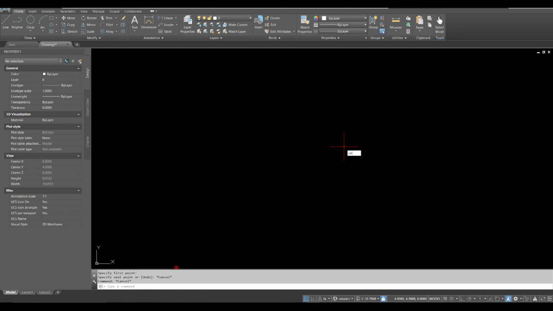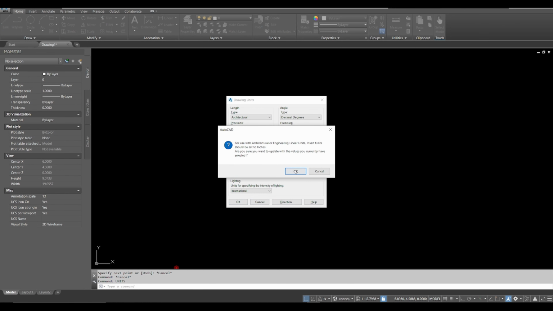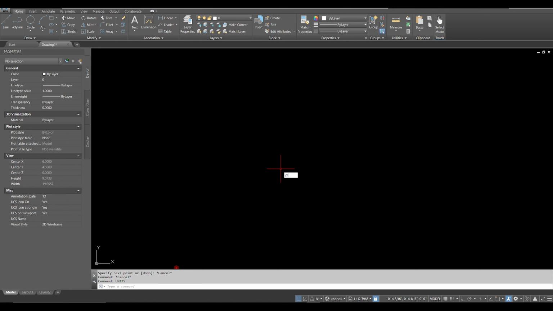If I were to, for example, switch to architectural units, you can see now I'm getting fractions of an inch instead of a decimal, right? And architectural units can be useful for a lot of things. Architectural or engineering units, I've used them before for 3D printing, for example. So